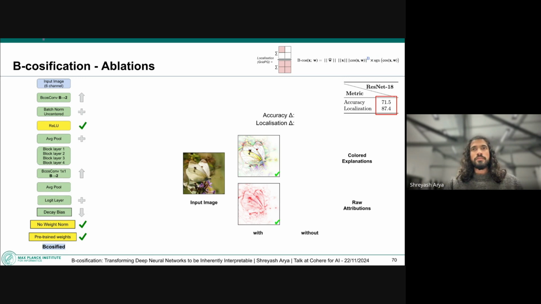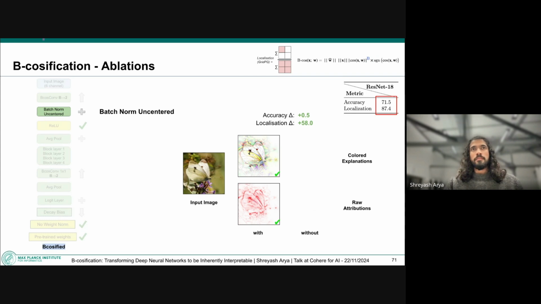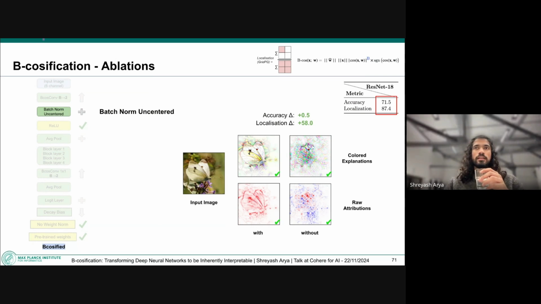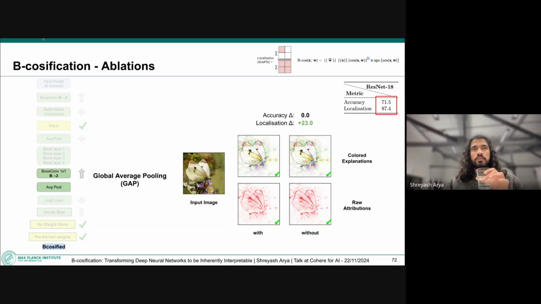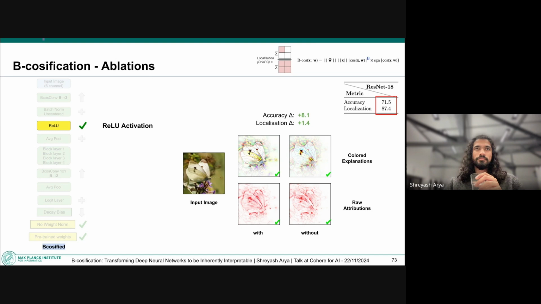Suppose first you have an ablation over batch norm. As I mentioned before, B-cos uses uncentered batch norm, but what happens if we use standard batch norm? We saw that with uncentered batch norm, the localization scores have a major bump and the accuracy also improves. We could also see how the explanations would look if we don't use it. Similarly, we look at how the order of global average pooling affects things, and again we see that the localization scores improve. Also for the ReLU activation, we see how the explanations look without it, and how using it improves the